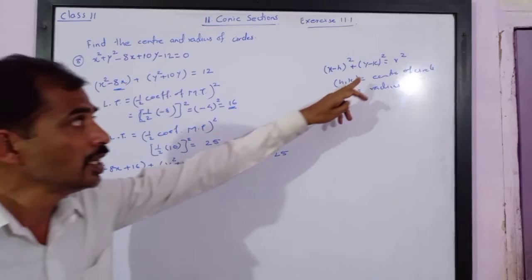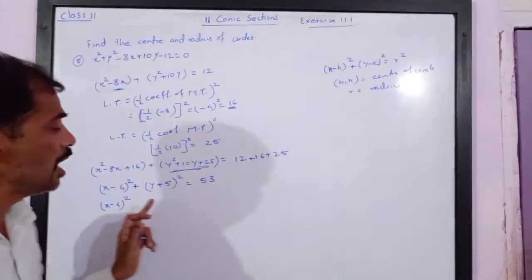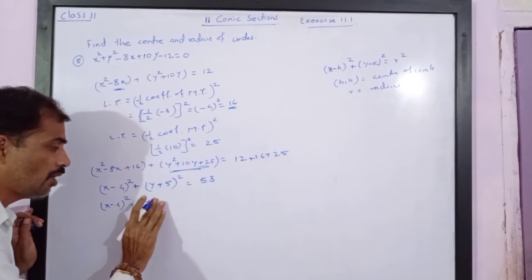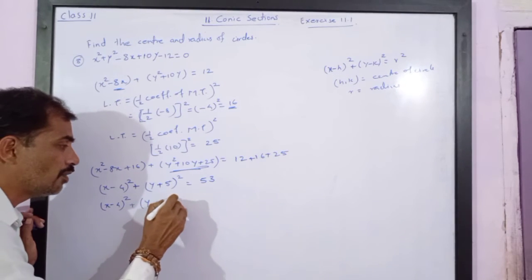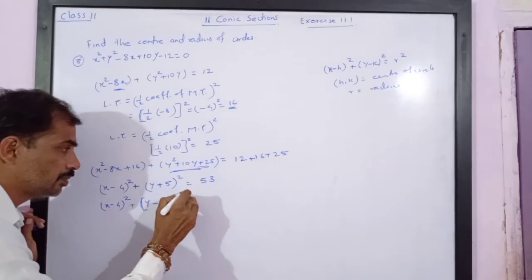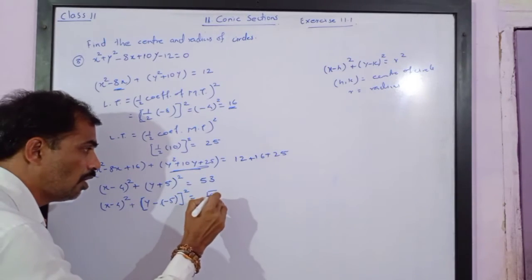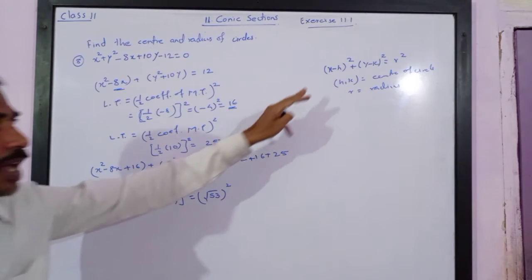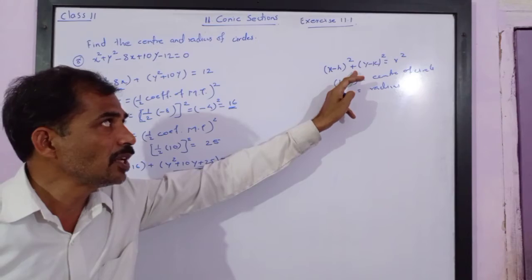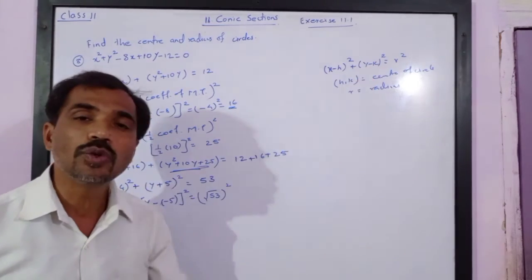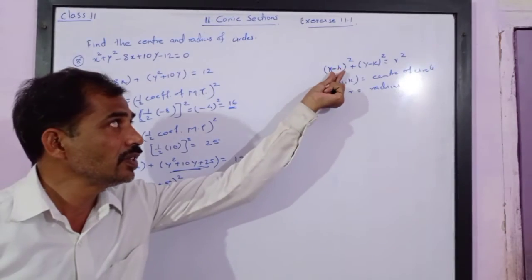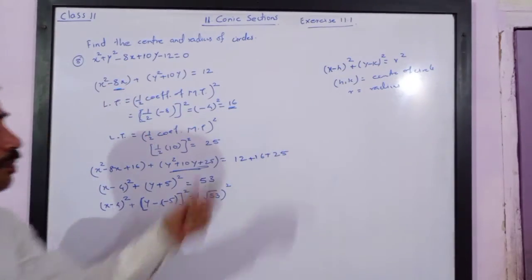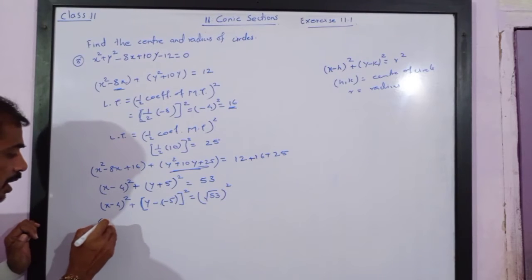In this equation we need a negative term, so I am changing this, plus I am writing (y minus 5) bracket square is equal to (root of 53) bracket square. Now see, we have arranged the equation in the form (x minus h) bracket square plus (y minus k) bracket square is equal to r square. In this case, if these terms are negative, (h, k) is the center of the circle and r is the radius. So comparing with this equation,